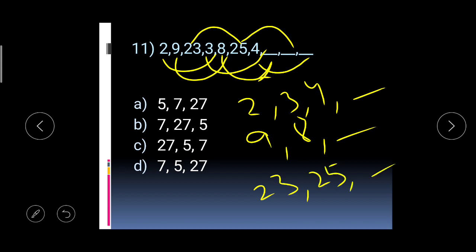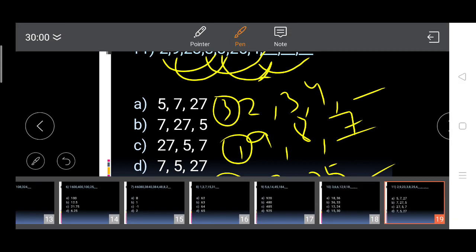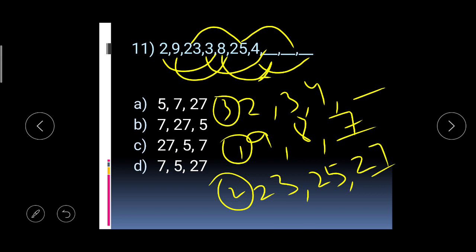Okay, so we'll just mark the first term is filled by this one, the second is this one, and the third is this one, right? Because the order of the answers also matters a lot, because we see the options are mixed and matched. So choosing the correct option is also a very valid thing. So the answer is what? 9, 8 and 7. 23 and 25, then the answer is 27. And here 2, 3, 4, then obviously it is 5. So our answer is, first is 7, then 27 and then 5. 7, 27 and 5 we can get in option B. So our answer is B.